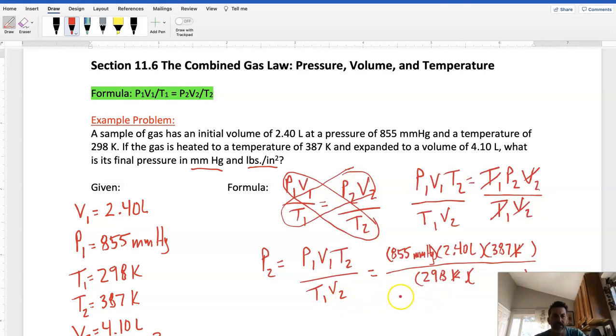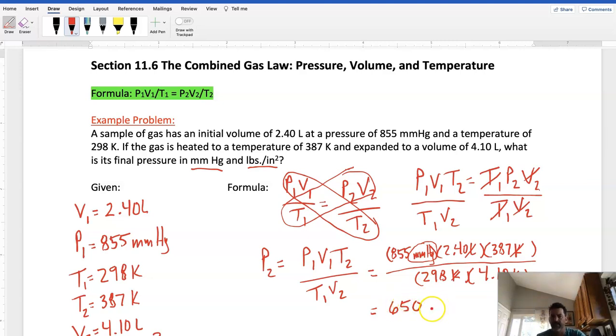V2. So what's that? 4.10 liters. And now my liters cancel out because it's numerator, denominator. The only thing that's left is millimeters of mercury. So that's what my unit for my answer is going to be. Okay, now I just need to multiply everything on the top, divide by both of these things. Don't forget to put the bottom in parentheses, so you multiply those two together before you divide, and you end up with